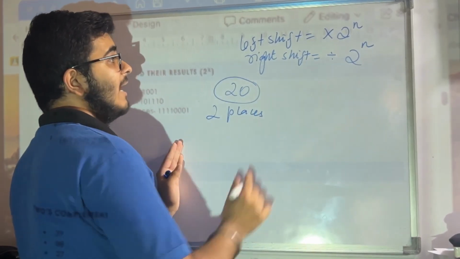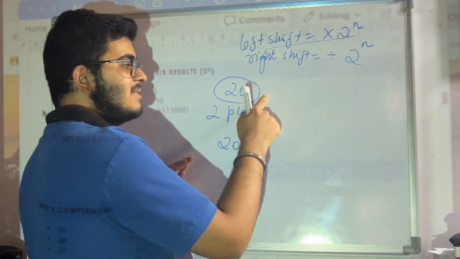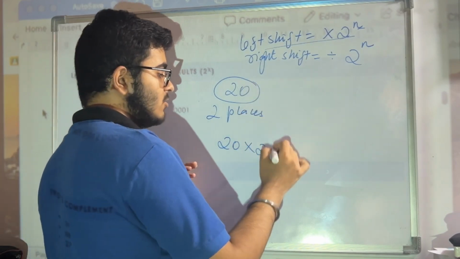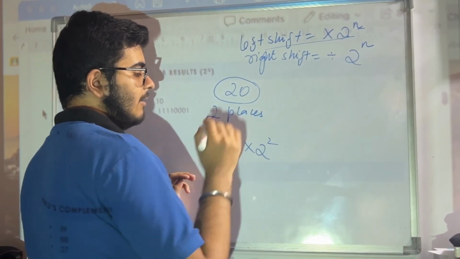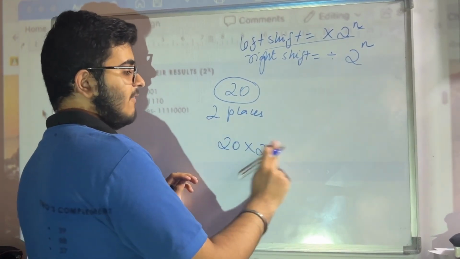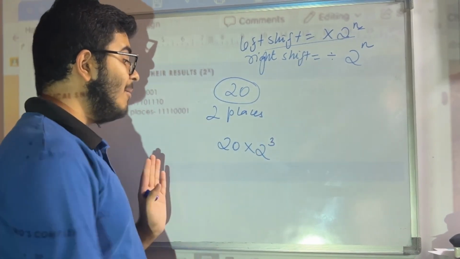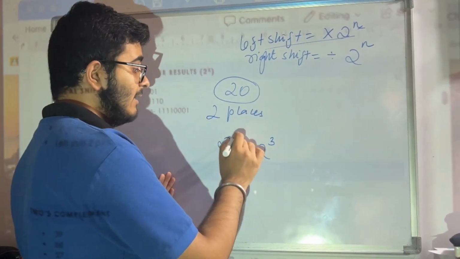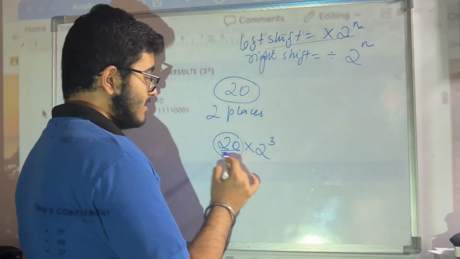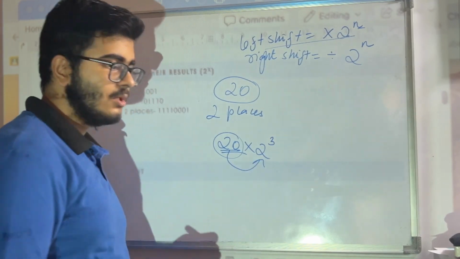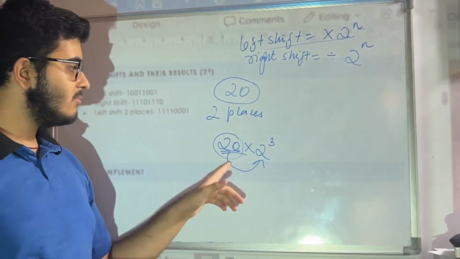What is going to happen is, I did a left shift. So I'll multiply 20, the number's denary value, with 2 raised to the power n. N is the number of shifts I did. So I did 2 places, so n will be 2. What if I did 3 places? If I shifted the number 3 places towards left, n will be 3. So whatever my binary number is, when I convert my binary number to denary number, its denary number is going to have this change. So if I am shifting a binary number, I'll convert it to denary and this will be my